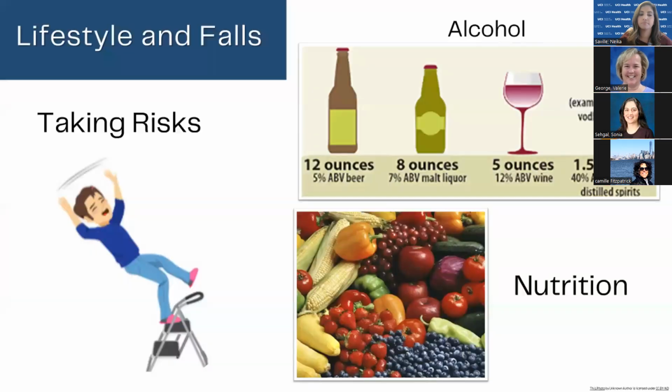Okay, next slide. Okay, what are some other contributors to falls? Taking risks, okay? Going on a ladder, going up and down on the roof is something, or hanging Christmas lights. People think that they're stronger than they are. It only takes a second for them to fall. Nutrition, so if they don't have good nutrition, they need to remain strong by having protein, vegetables, fruits,